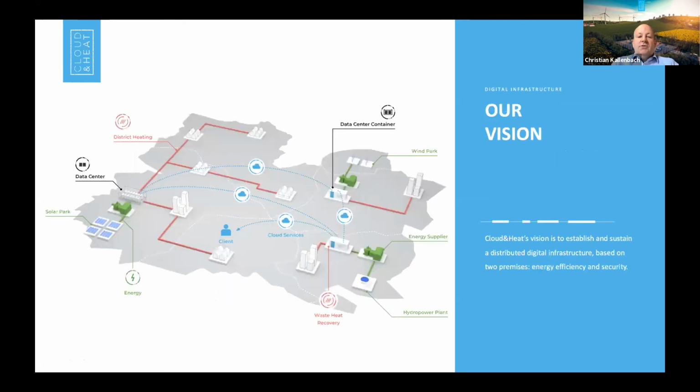So in our ideal world in the future, you have data centers in multiple different places, and some of them can put the heat into district heating, very successfully implemented again in the Nordics in Stockholm, and some of them can heat individual buildings, manufacturing buildings, but that technology will be state of the art in the next 5 to 10 years. I listened to a presentation a couple of days ago from one of the large consulting companies in the data center industry, and they are forecasting that within 10 years, about 80 to 85% of all servers will be water cooled, and that's a significant step to CO2 reduction and basically doing something very green and renewable in a